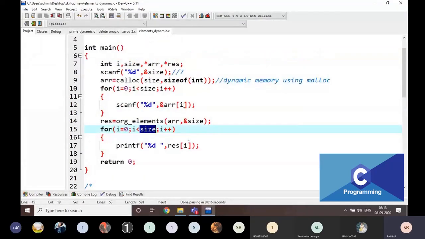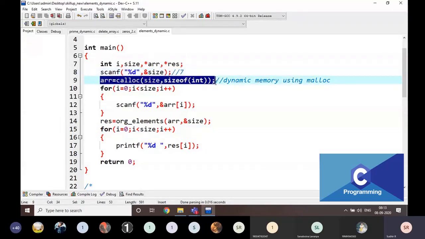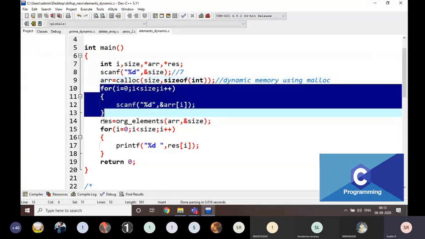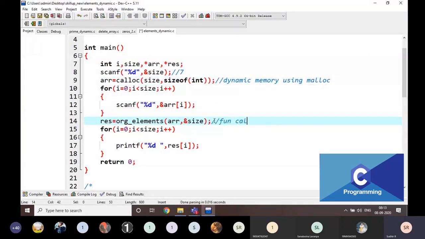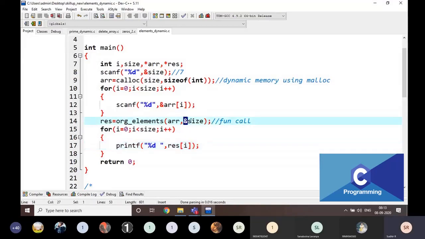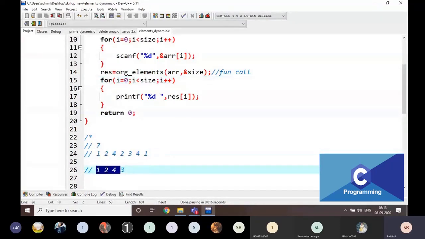Okay, this is the main function, everyone. Is it clear how I am writing the main function? I am going to read the size of the array and allocate the memory locations based on the size, read the array values, call the function and print the result. And why am I passing size as an address? Because the result is going to be placed on the size. The size is going to vary from the original elements to this one. That's why I am changing it here.